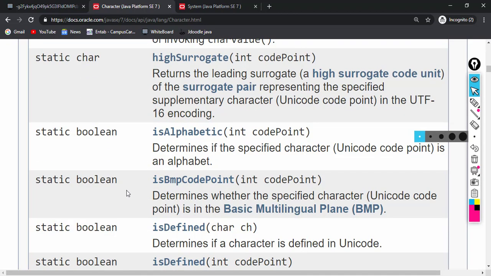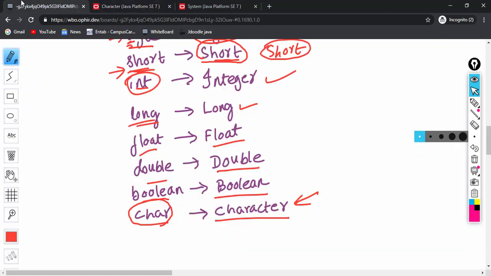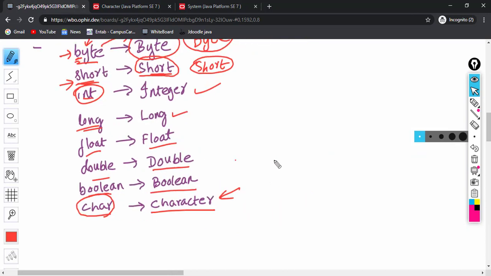So once you have created the class for this corresponding char primitive type, you can obviously create so many functions which will help to perform some operation on that character value. So I hope you get the concept of wrapper classes.